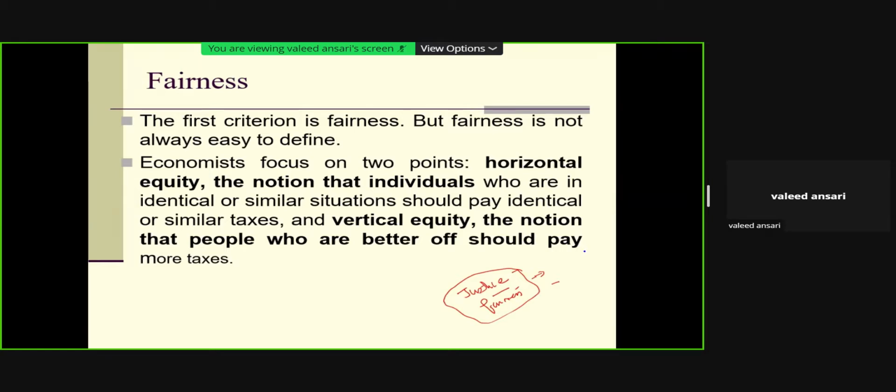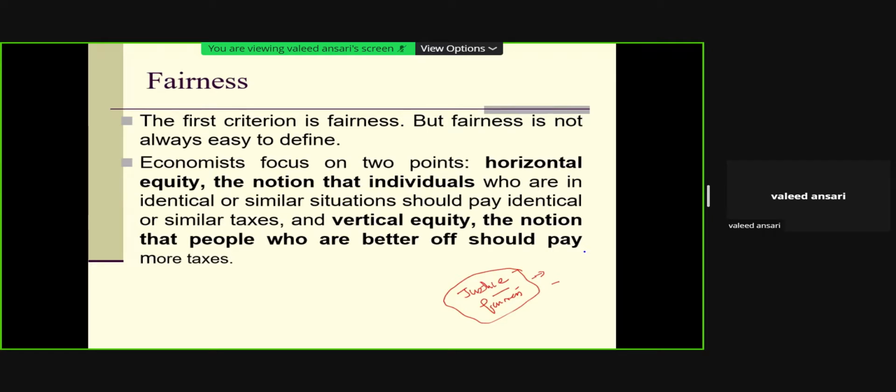The first principle is called horizontal equity. Similar people, whatever the basis, maybe income, wealth, other criteria, maybe expenditure, if we are similar, should be taxed equally. If your income and my income are different, we should be taxed differently. So this is the first principle which governs